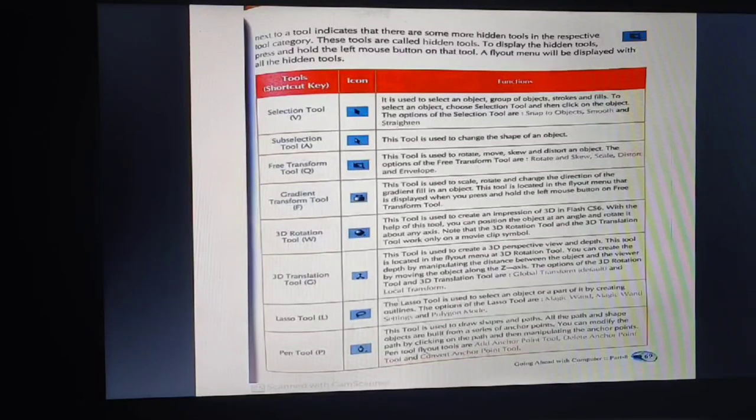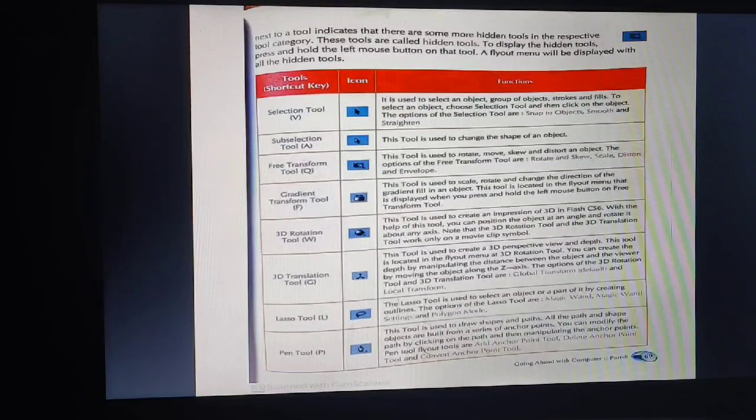Then the 3D translation tool. This tool is used to create a 3D perspective view and depth. When you have to add depth or a perspective view, this tool is located in the flyout menu at the 3D rotation tool. You can create the depth by manipulating the distance between the object and the viewer by moving the object along the z-axis.